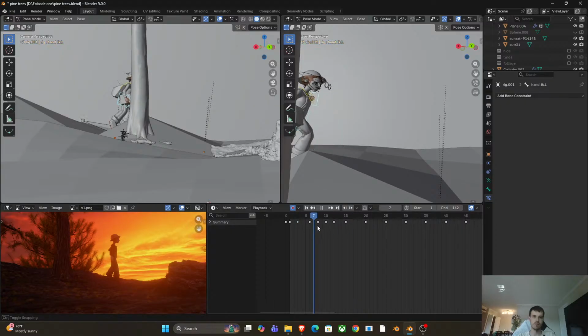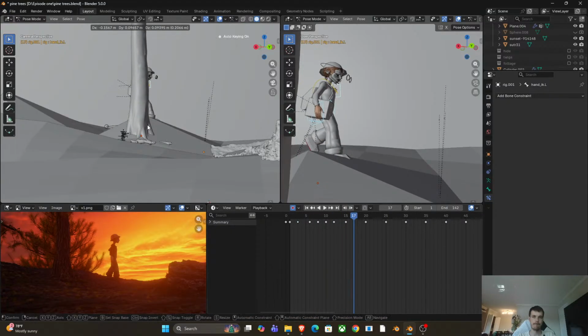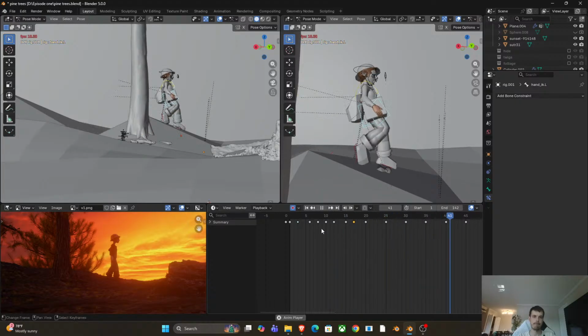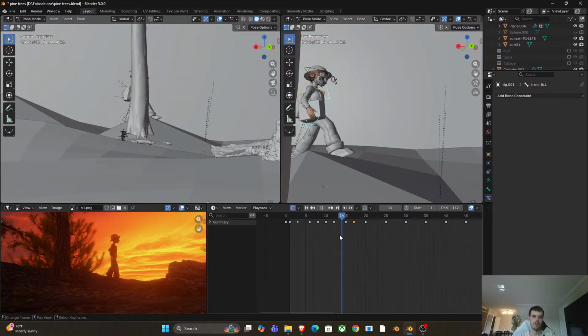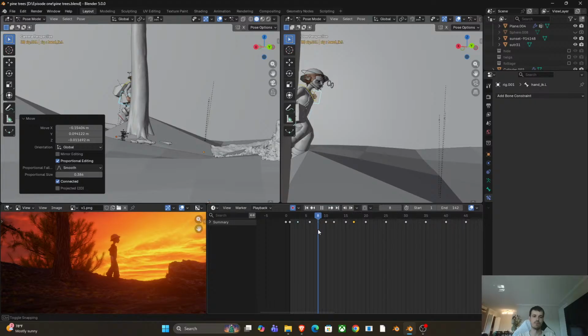Maybe keeping it simple might be better. There needs to be a little bit of motion because the weight is shifting off of this leg. So it should be more forward, but